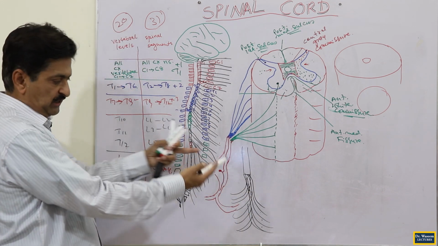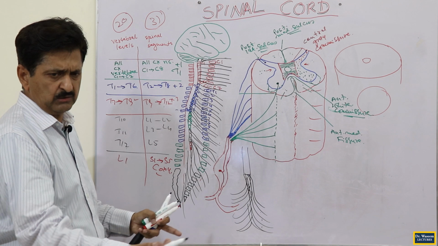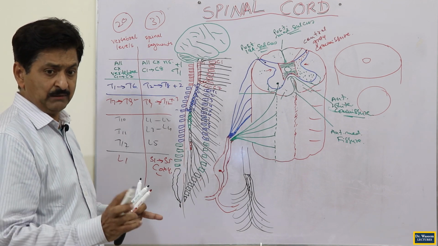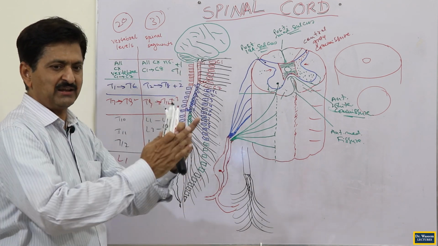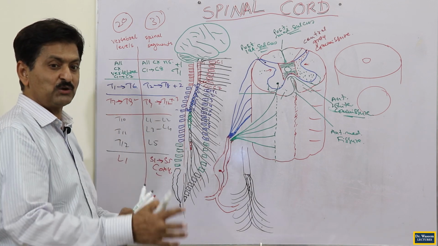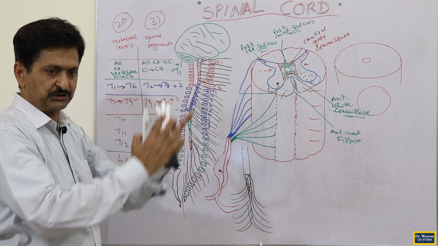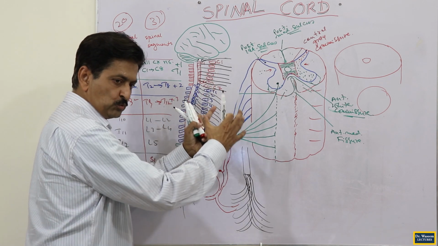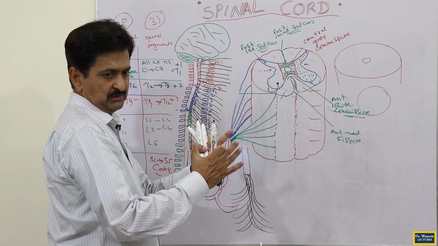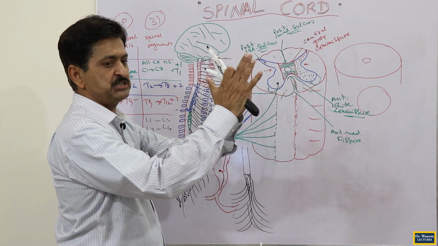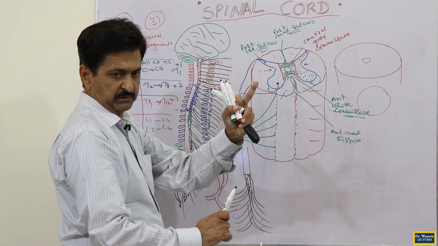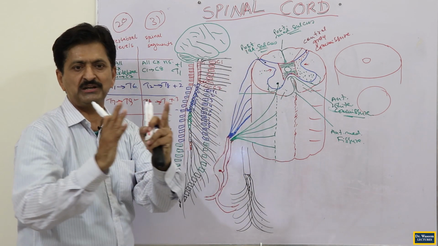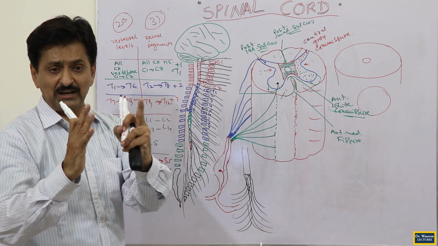How many such nerves are doing this vertical pattern? You see lower 10. Lower 10 on one side, lower 10 on the other side means 20. Each nerve has got the sensory and motor root, so you say 40. So we have got 40 nerve roots which are making a bunch here, and in the center is running your filum terminale.